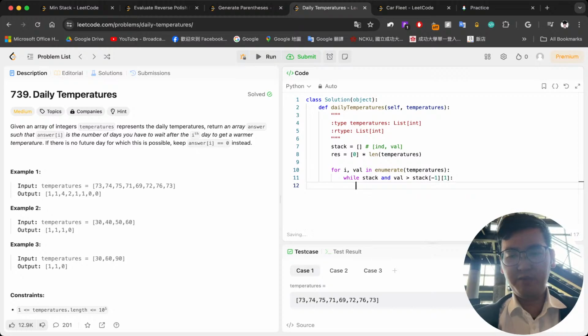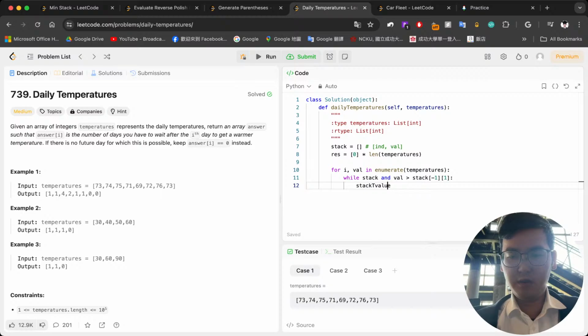So if it's larger, then we just keep popping it and we update our result. So the stack